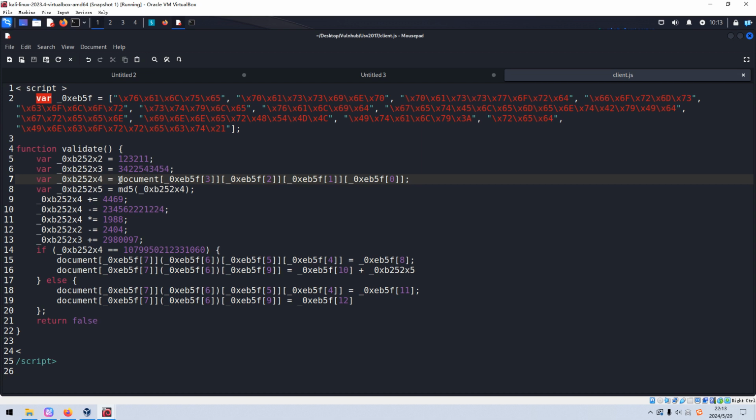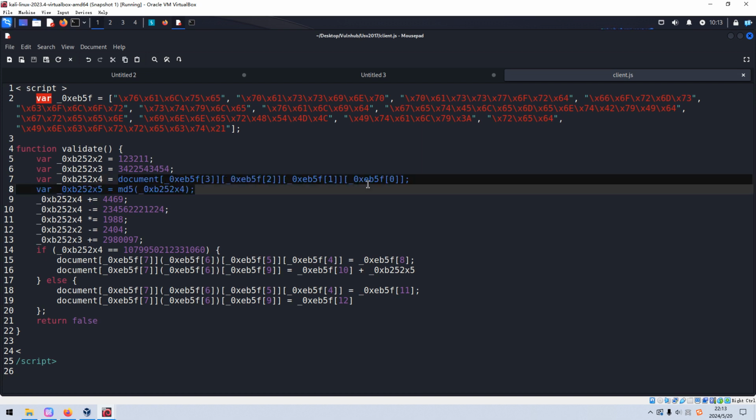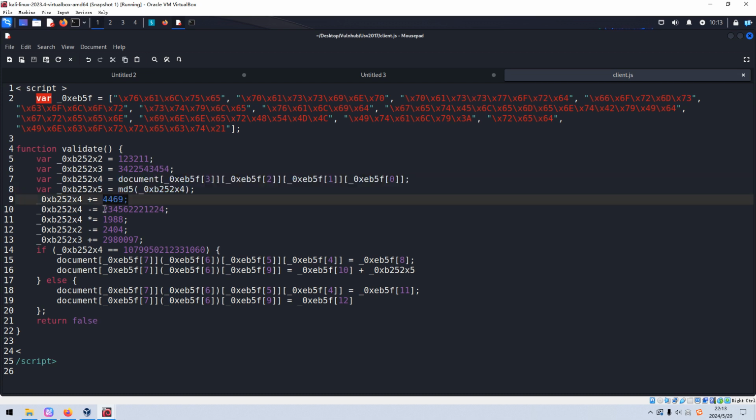So concatenate this password, and this password should be numbers, and concatenate to this number, and then deduct this number, and then multiply this number, and finally we can get the new variable. I cannot pronounce it, very difficult, very complicated variable name. And this one, I think we do not need to care about. And there is a conditional statement. So if this one is equal to this one, maybe the password is correct, if you want, you can